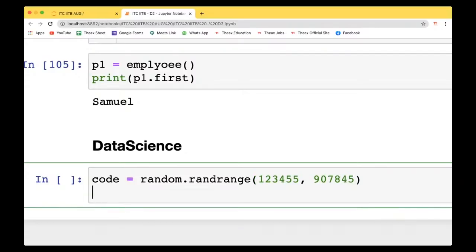So let's just say this is your code, right? And you just want to print with this G and this to be the str of this code. So you can just print it like this. This is your